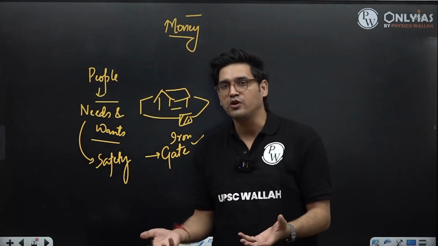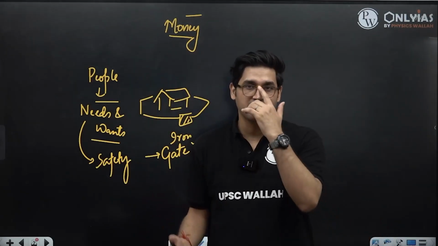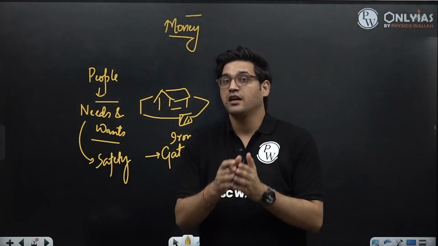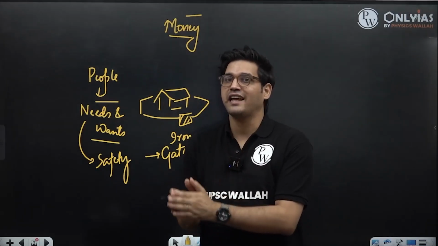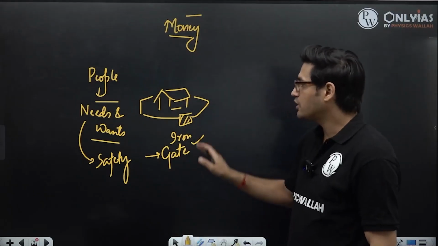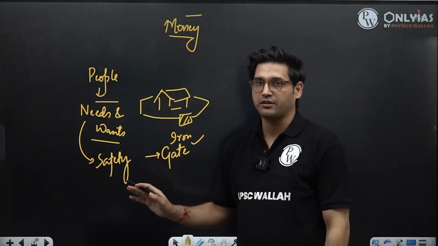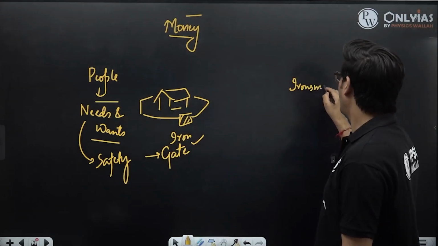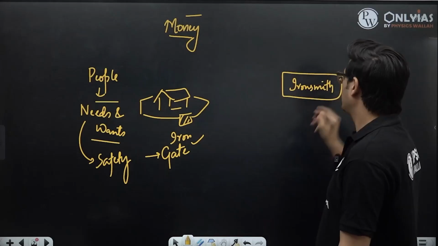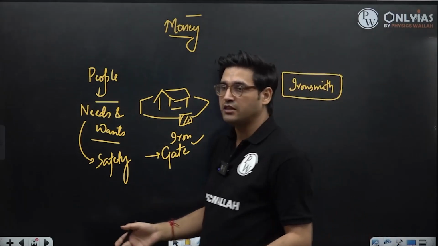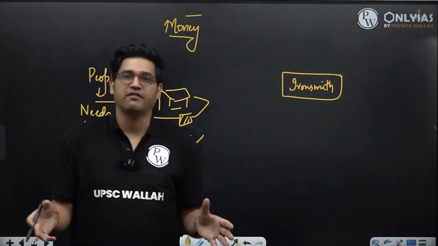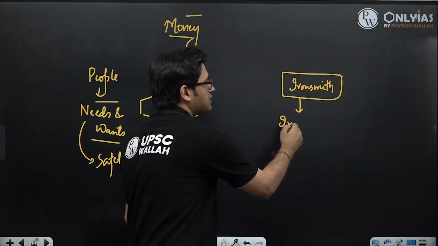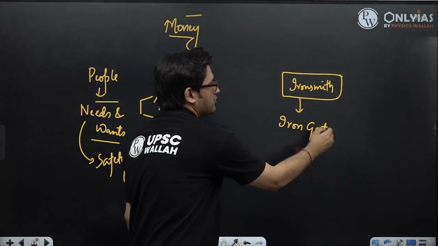But you also would know, do we make these iron gates? Do I make this iron gate? Absolutely not. There is a different agent in every economy who is going to be making these iron gates for me. We are going to call them an ironsmith. The task of an ironsmith is to make many artifacts, many things from iron itself, and this guy is going to make an iron gate.